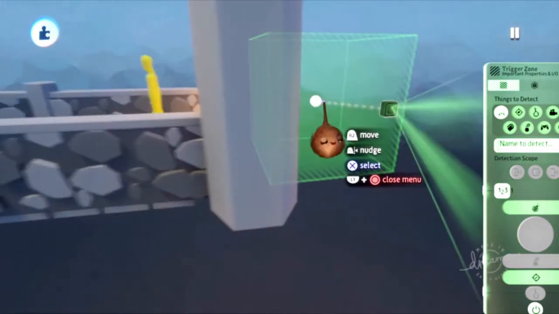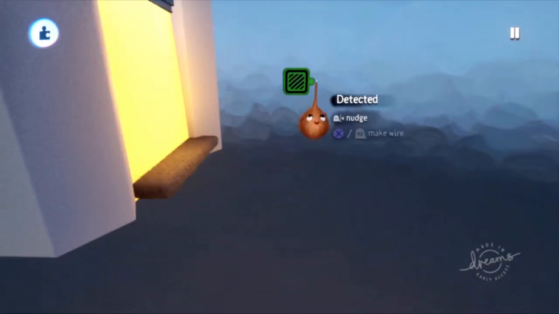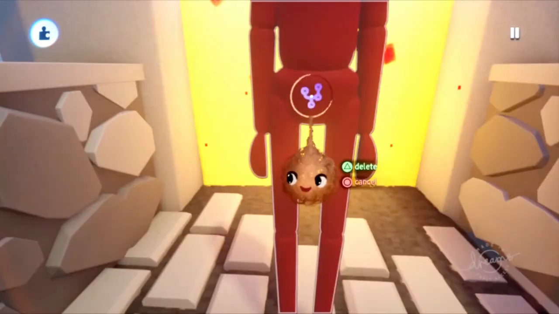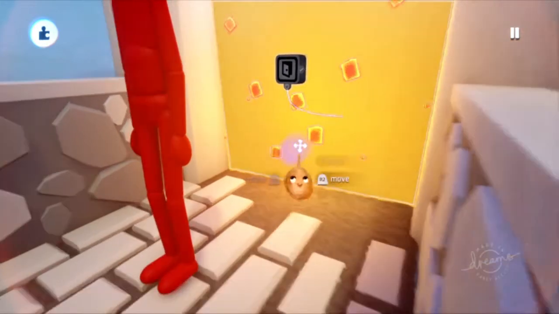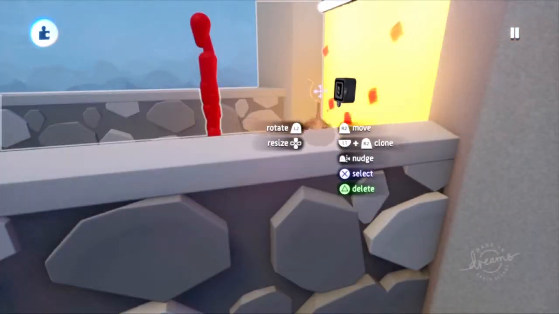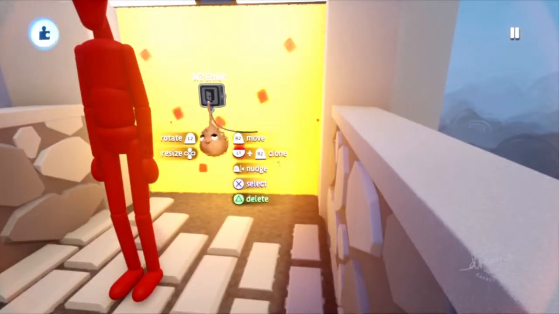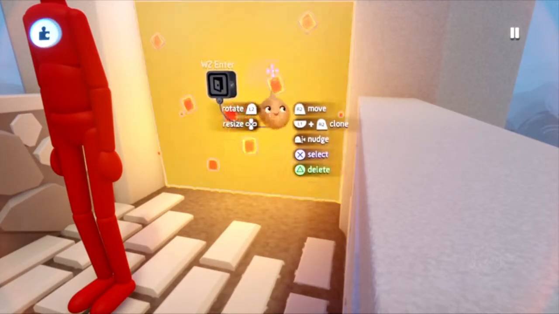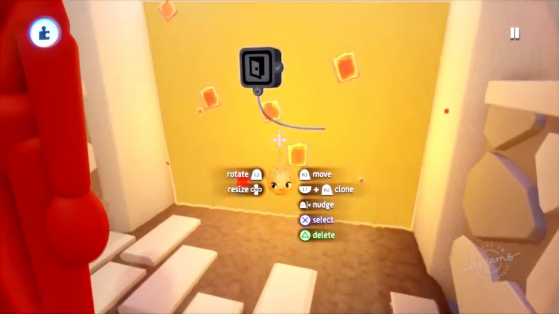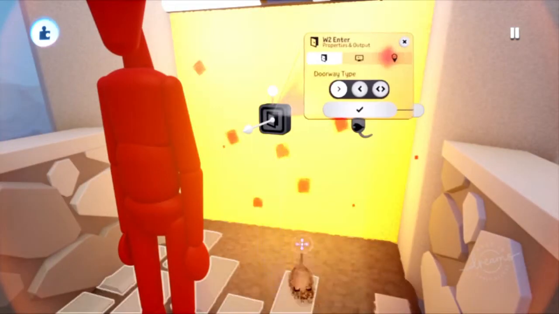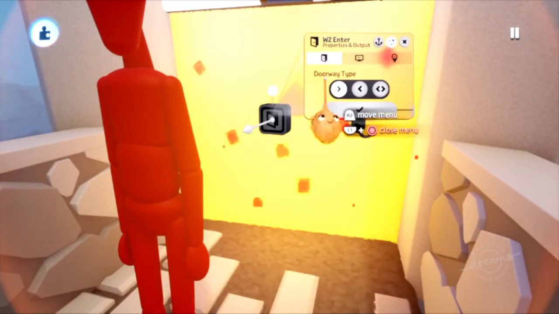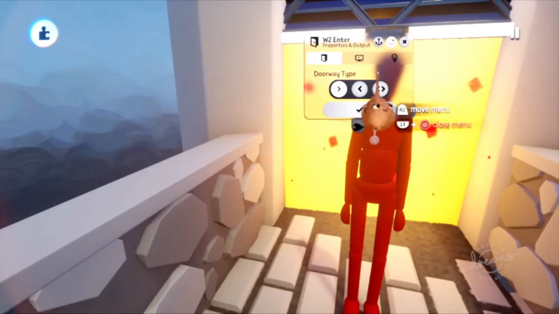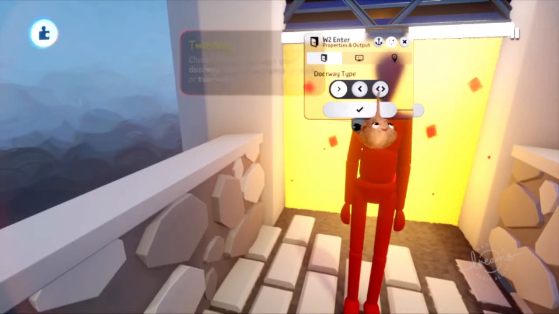And then connect this to the doorway. And now again, there's two ways to do a two-way door as well. There are two settings you can use for this doorway gadget here. There may be more than that, but I only know of the two at the moment. So I can either go in to both World 1 and World 2 and switch them both to two-way, which could lead